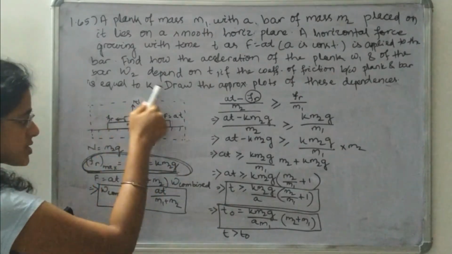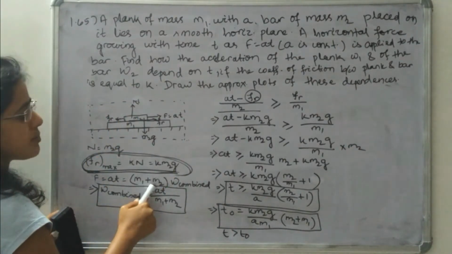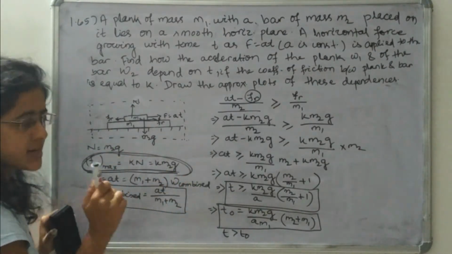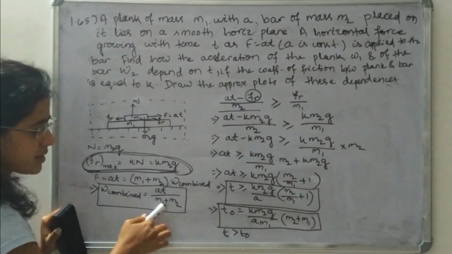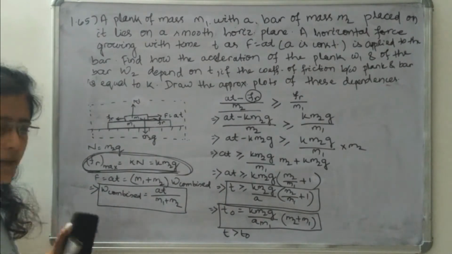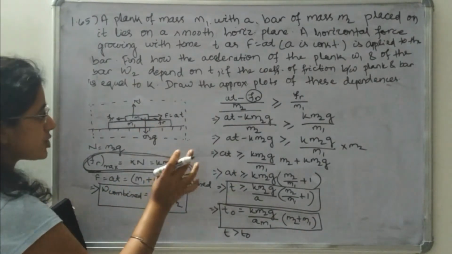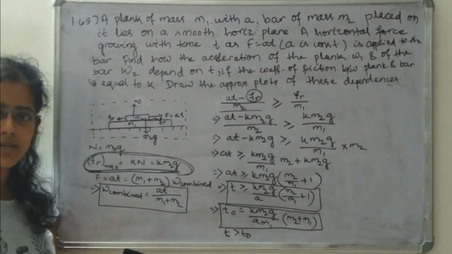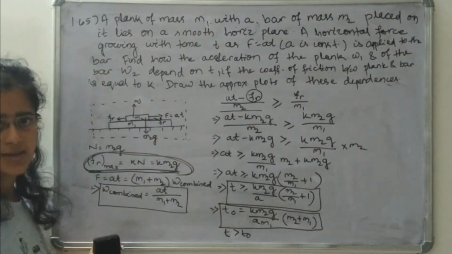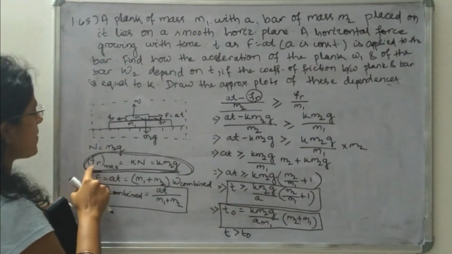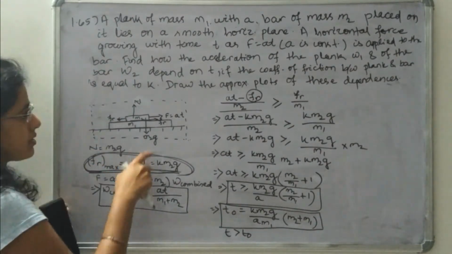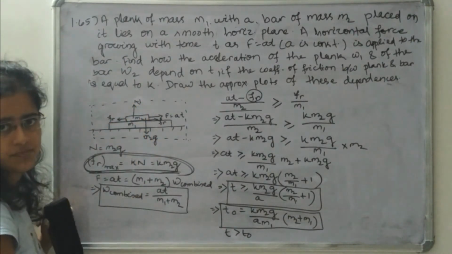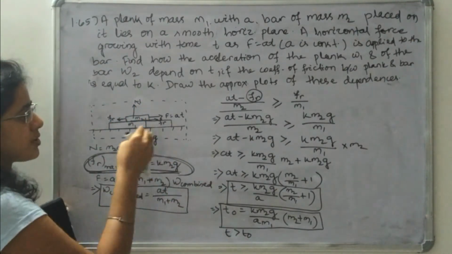For this total system, F is equal to (m1 plus m2) into W combined, that is combined acceleration. So combined acceleration is how much? A T divided by m1 plus m2. We have to calculate for how much time these two bodies are moving as a system, and after that time these two bodies are moving separately, because after the maximum frictional force has been reached, this force is only applying its impact on this bar. Okay, that is the acceleration for the ground observer.